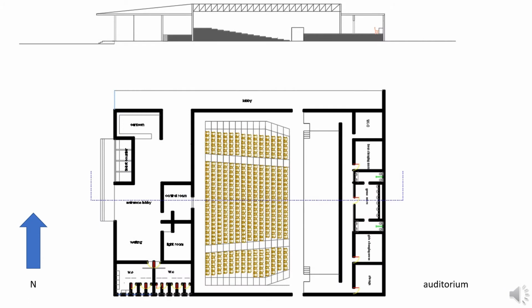As we enter the auditorium, first there is a ticket counter where we need to take the ticket and then enter the auditorium. As we enter, towards the left hand side is the canteen and the main entry towards the auditorium. Towards the right hand side we have the washrooms. There is a stage on the left hand side, and to the right hand side we have seating. Towards the back side of the stage we have the changing rooms, green rooms, and washrooms.